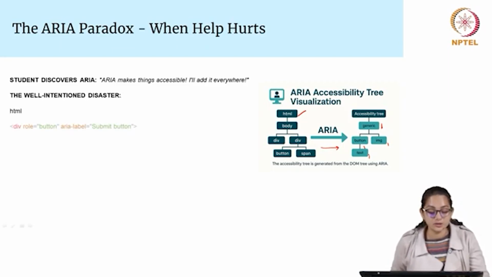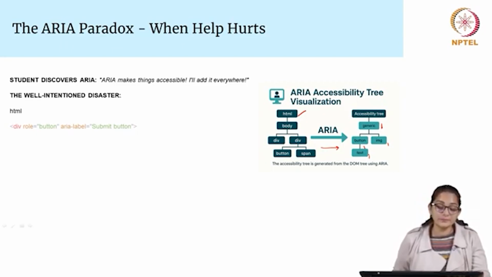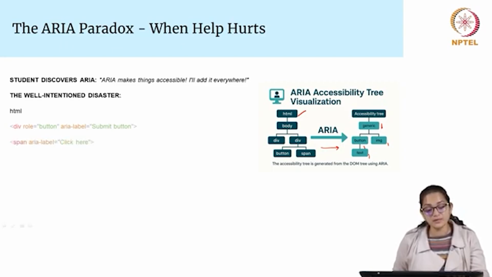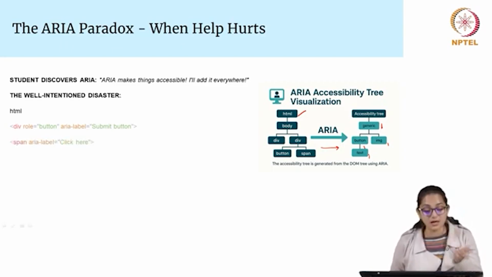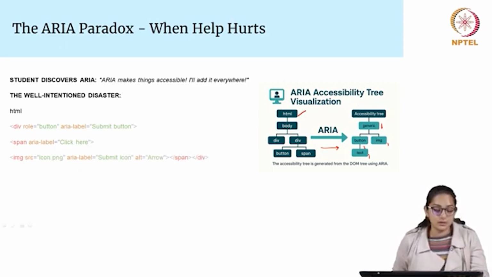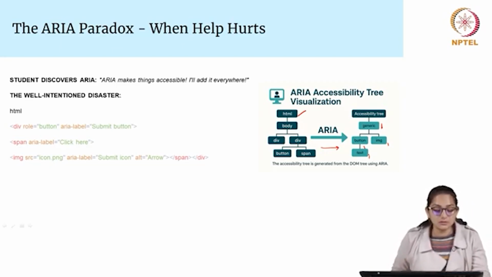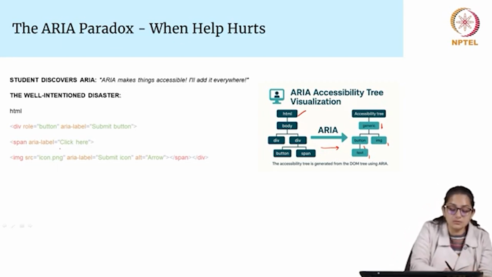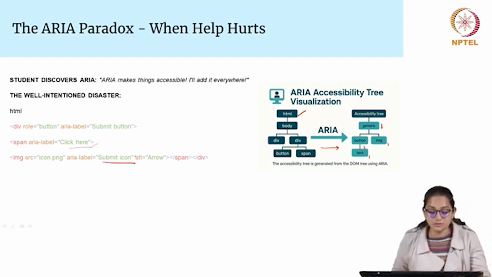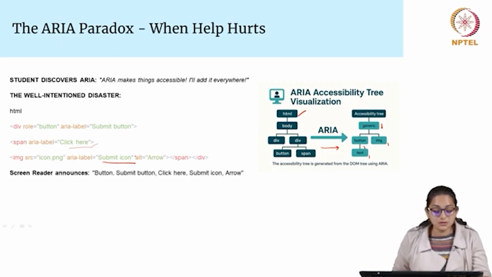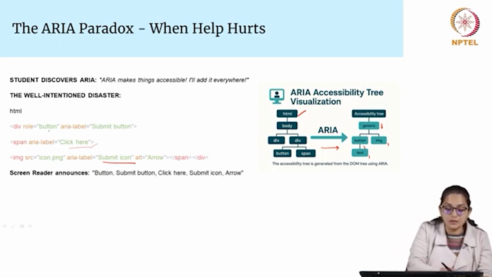Here we are adding an HTML role, which is your button. Then we're also adding an extra ARIA label. Then we are also mentioning the screen reader. There is an ARIA label here also, one ARIA label here, and one ARIA label here. So the screen reader announces this one, button. Then this one,